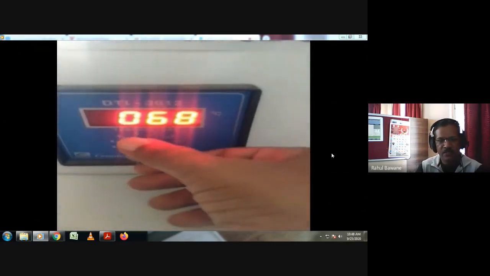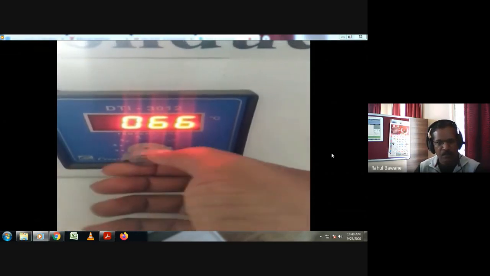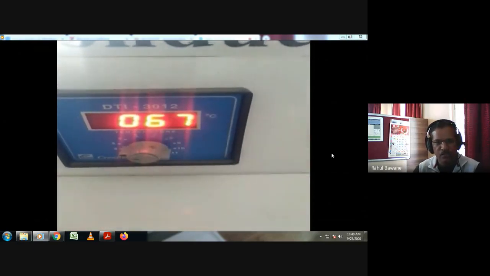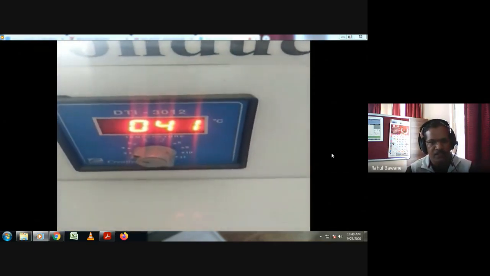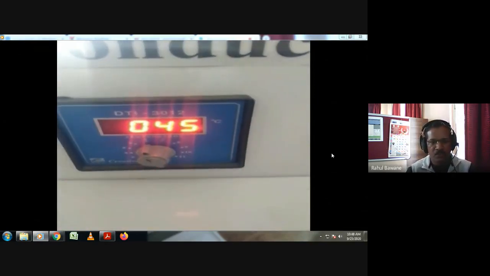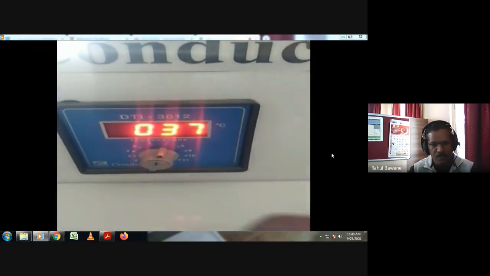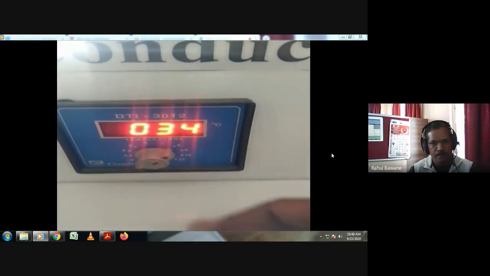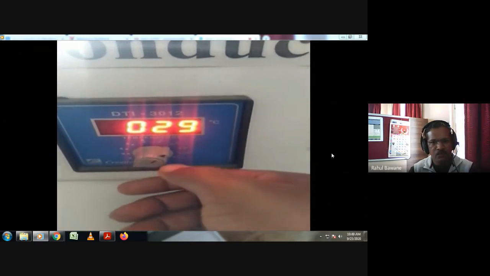Then after 10 minutes, the second set. I just combined the videos, so it looks like there is no time lapse, but in actual, these readings are taken after each 10 minutes, so the values are different. On merging all the videos, it is seen as one continuous video. T8. This is the second set. Then again wait for 10 minutes and note down the third set.